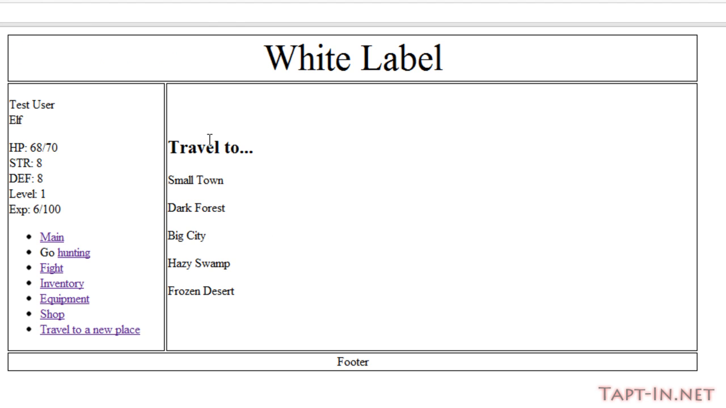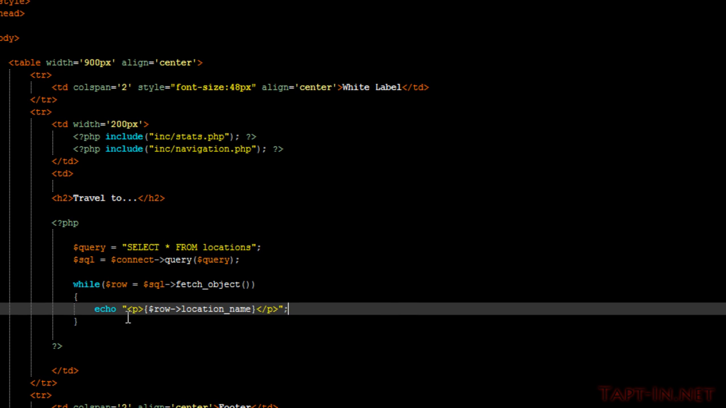So our page lists the 5 places that we can travel to. We have got small town, dark forest, big city, hazy swamp, and frozen desert. We also want to turn these into links. So around each one, or around the location name, we'll just add a couple of A tags with a href